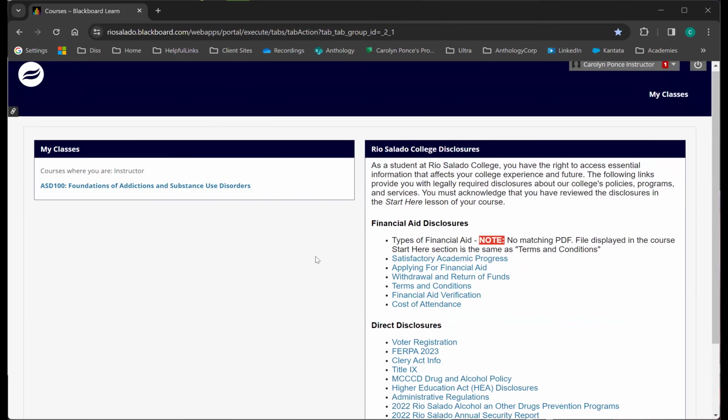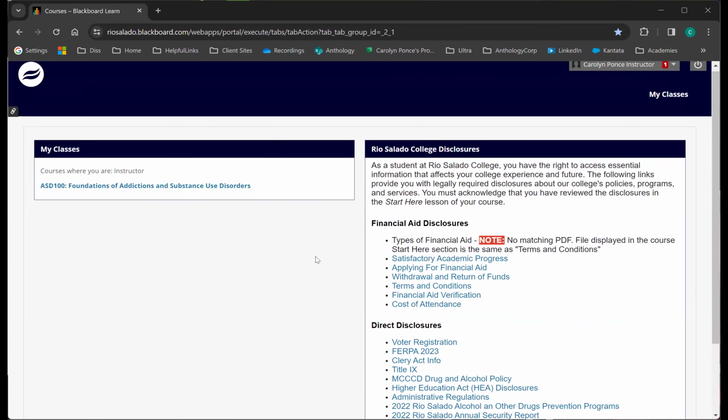The other option for viewing your course as a student is edit mode. So when the edit mode button is highlighted green, that means that edit mode is on and you're viewing it as an instructor would, and you're able to interact with certain content as an instructor. If edit mode is off, then you get kind of the student view or a published view of the course. You can see what's available, what's not.